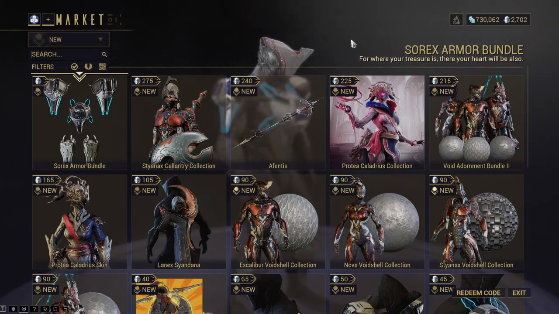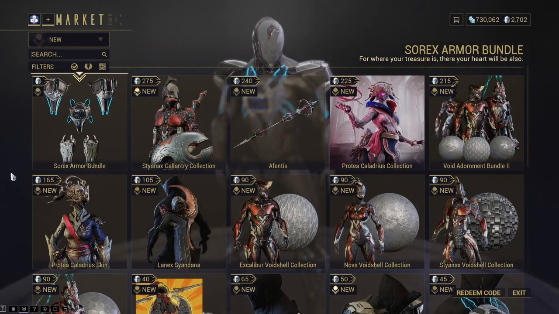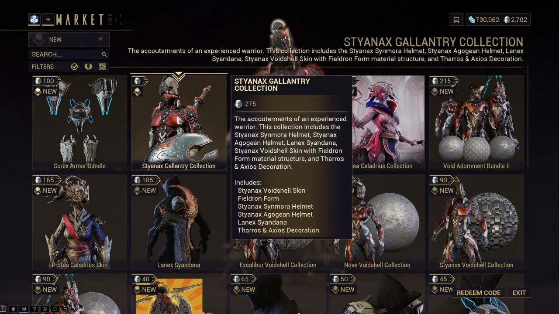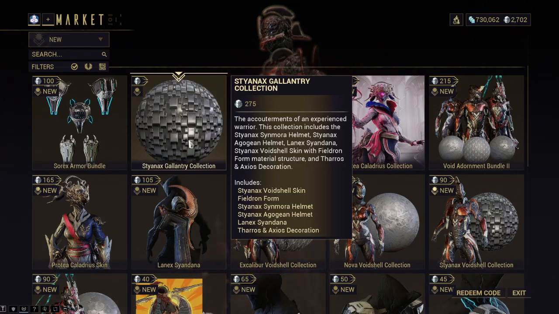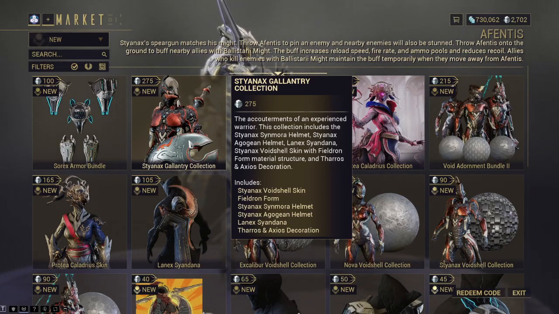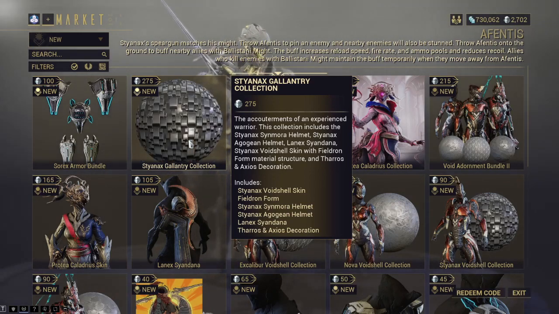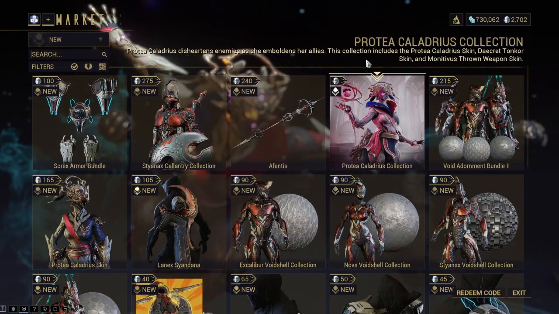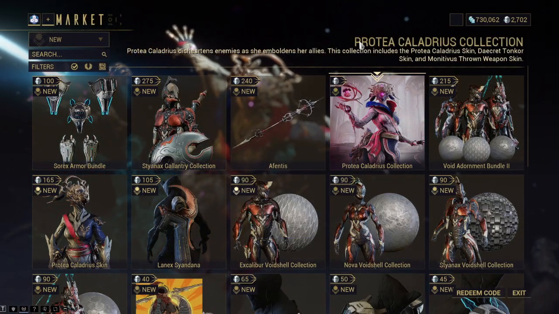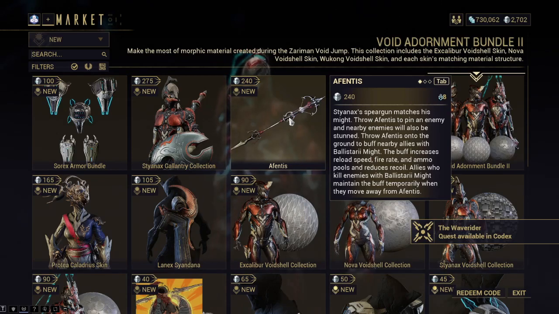But of course, let's take a look at the new things that have made their way into the game. I'll try to be brief with most of these, but we have an armor bundle that is reminiscent of like a Corpus style. We have the Cytonax Gallantry collection, which has the Void Shell skin, a specific texture for that Void Shell design that you can see there. The two alternate helmets. And, well, I think one is the original, one is the alternate. Anyways, no, actually, I think there are three. Yeah. The Lanax Syandana and the Tharos and Axios decoration, which you'll be able to see as we scroll through some of these. But the Aphentis is a new spear gun that is kind of the signature weapon for Styanax,